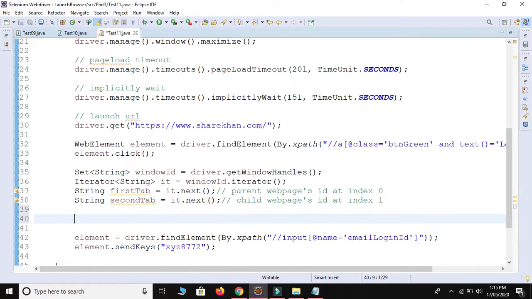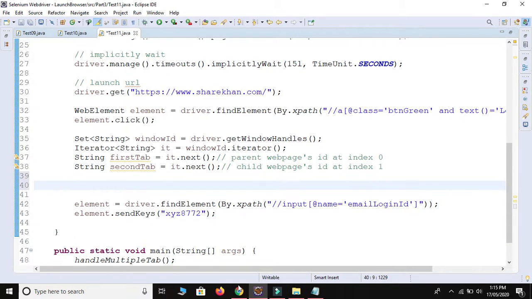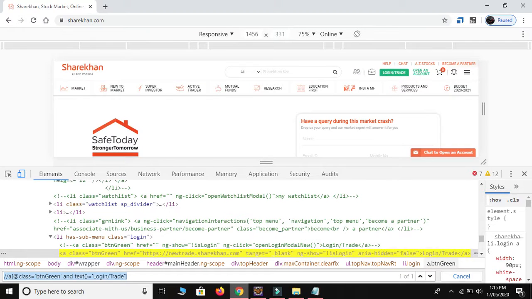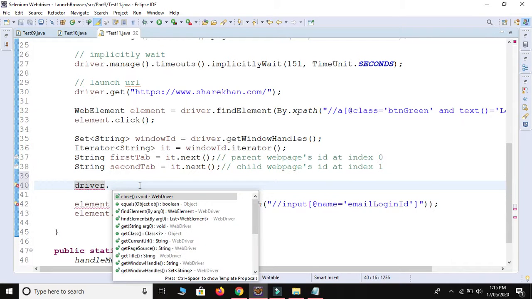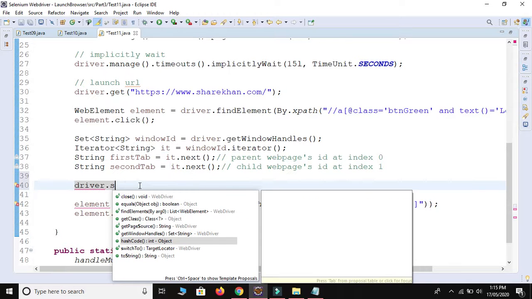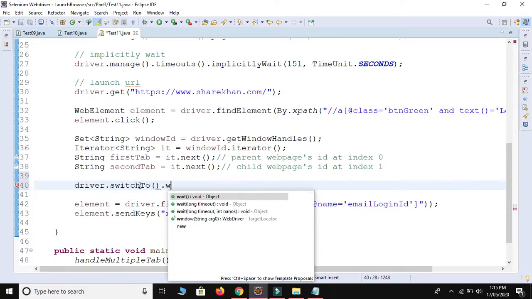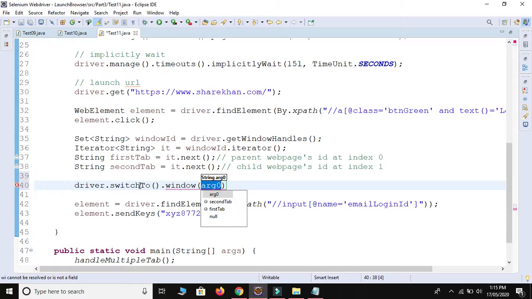so as of now I have control on parent, but I need to switch my control. So I will write driver dot switch to method is there, driver dot switch to window. Which window?